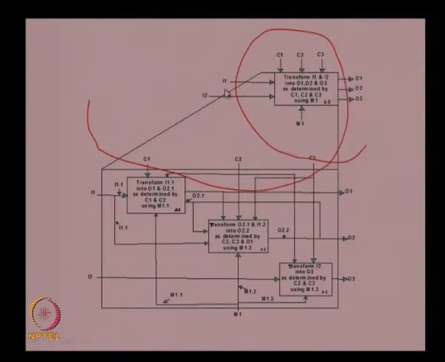So here you can see the inputs I1, I2 are the inputs to this top level function, the A0 function, and then C1, C2, C3 are the control inputs, and O1, O2, O3 are the outputs. Then you have the mechanism through which this transformation takes place. So that is the top level context diagram.